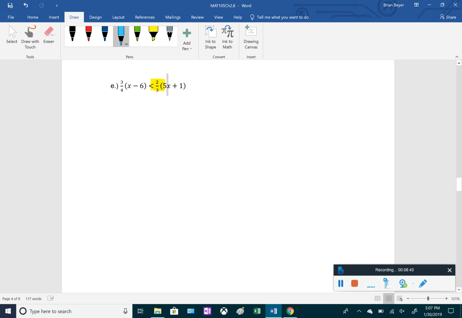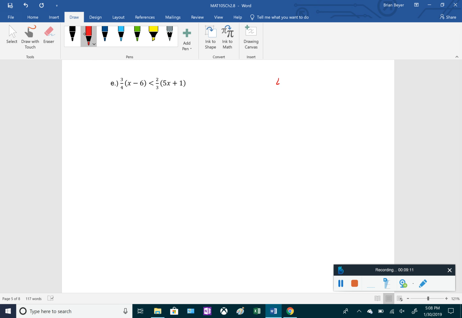Okay, next one, couple more here. Okay, we have fractions. So we have 3/4 times x minus 6 less than 2/3 times 5x plus 1. So we could distribute those fractions, but then we would be working with fractions, which is fine. If you want to do that, that's okay. Just remember the other way to do this is to multiply both sides of the inequality, in this case, by